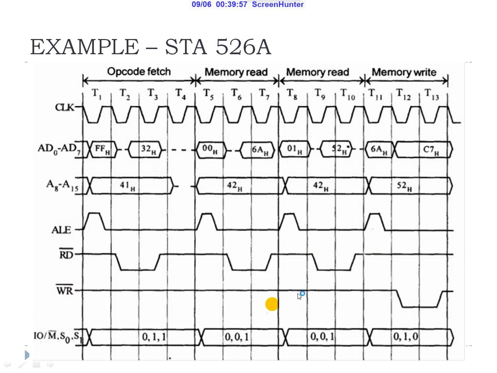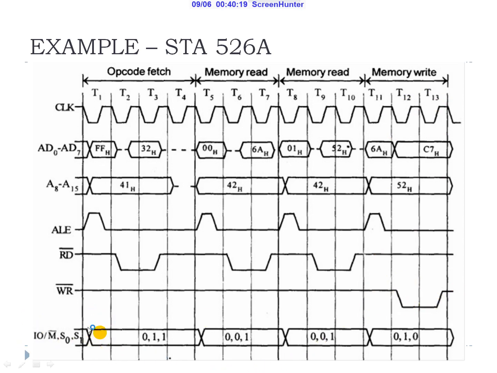And for the write cycle, the write signal also has to be lowered because it is also an active low signal. So you have to draw the lowering of the write signal from the second T cycle to the third T cycle in the memory write cycle.